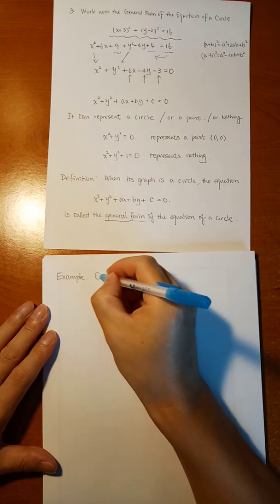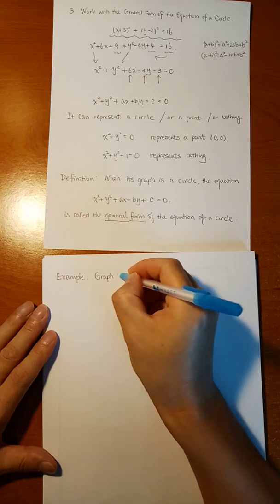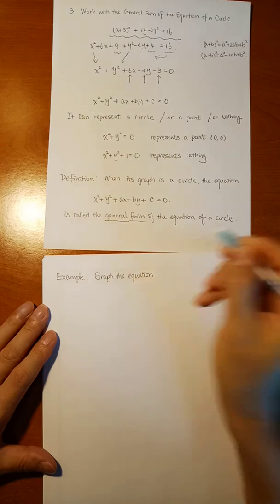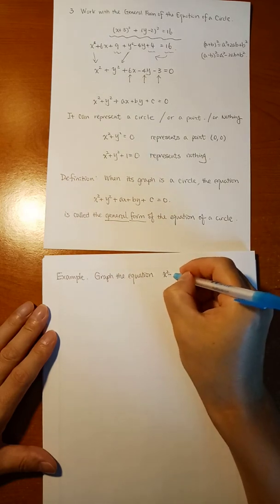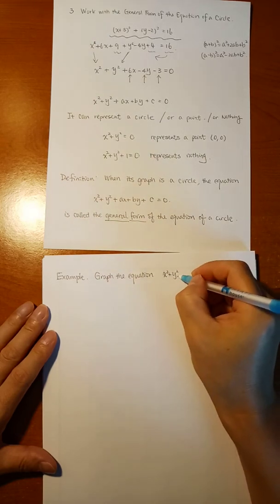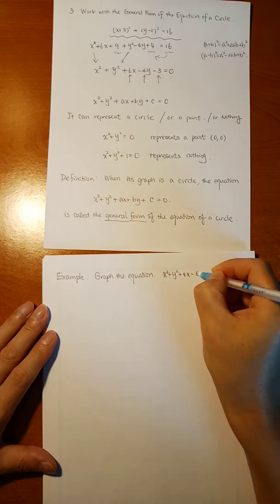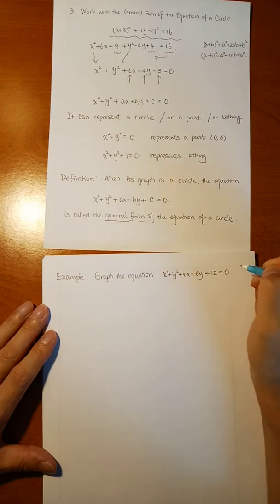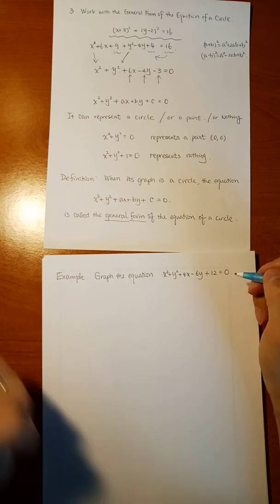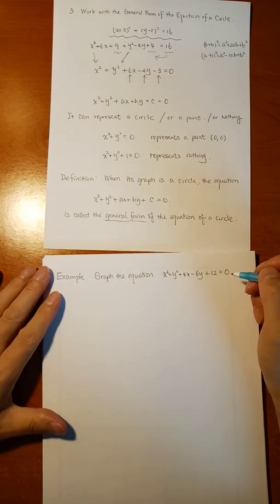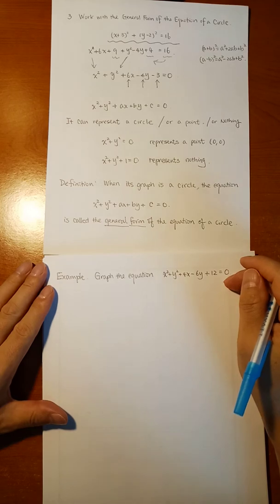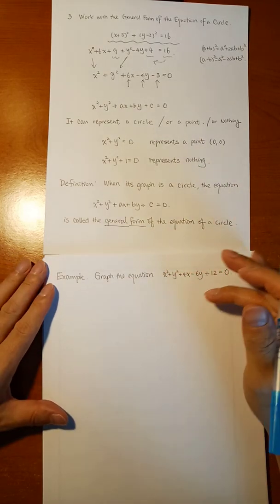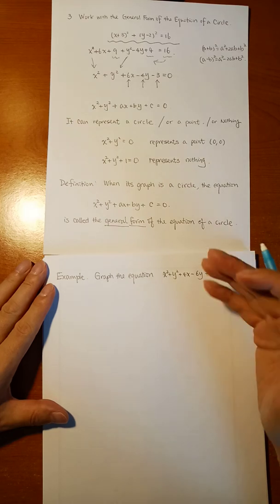Example: graph the equation. Graph the equation x squared plus y squared plus 4x minus 6y plus 12 is equal to 0. Okay, so to graph the equation, basically this one will represent the circle or point or